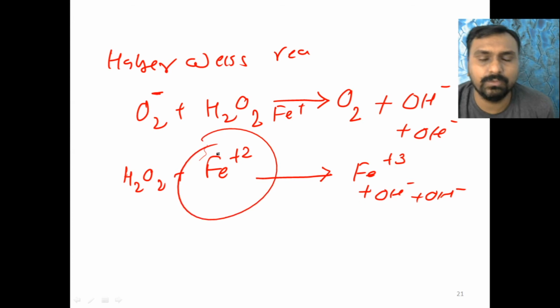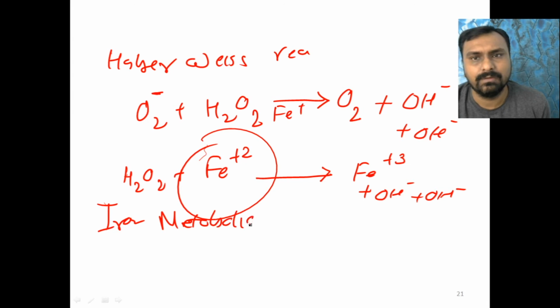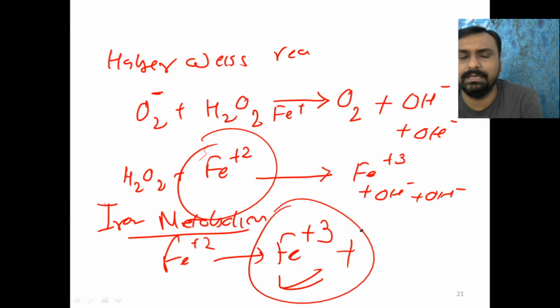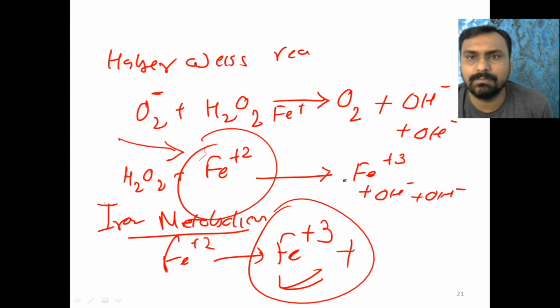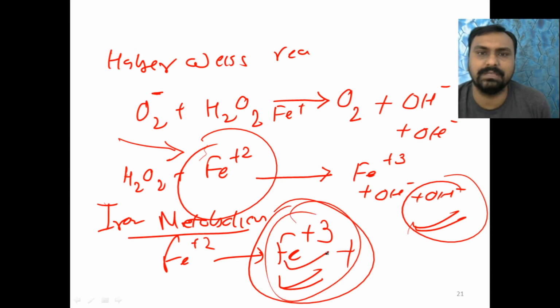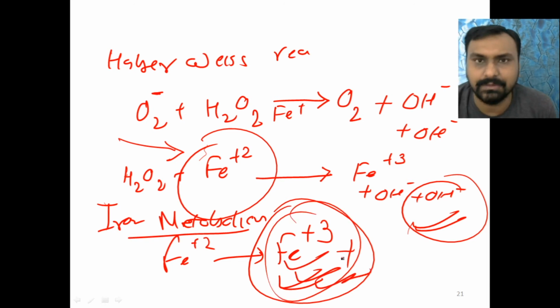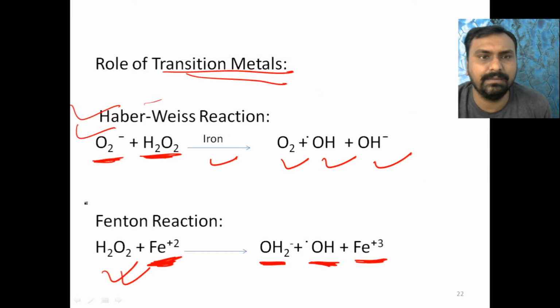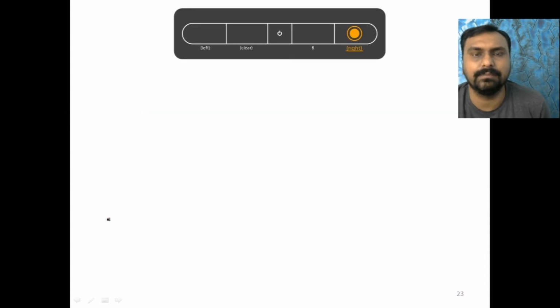So that's why you can watch my video regarding iron metabolism. Always Fe2+, with the help of oxidase, is converted to Fe3+, and then it is stored either in ferritin or in the transport form in transferrin. Because if there is Fe2+ in the blood, it can form free radicals. So our body will always try to convert Fe2+ to Fe3+, right? This is very important. So this is the Haber-Weiss and Fenton reaction. They are frequently asked in the exam or viva.